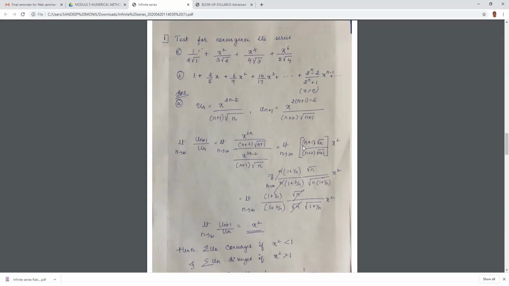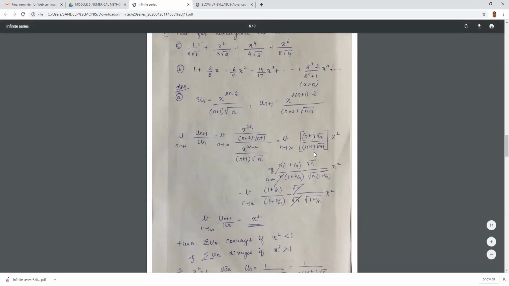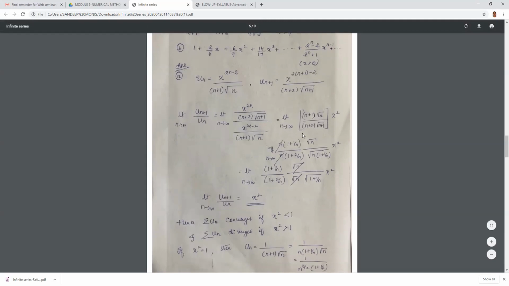Now take out n here, take out n here. Here also take out n, take out n. So we need to remove those n terms. Otherwise, if you put the limit directly, you will get an infinity value. So try to avoid n terms in the expression. Okay, so let me take out n. That time you will get 1 plus 1 by n. Here square root of n, let it be.